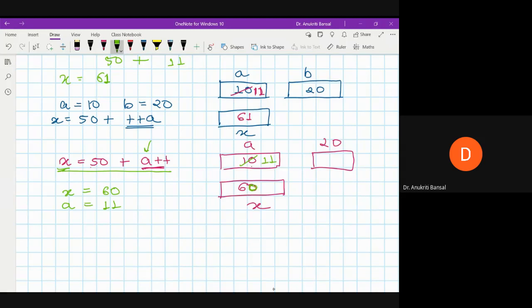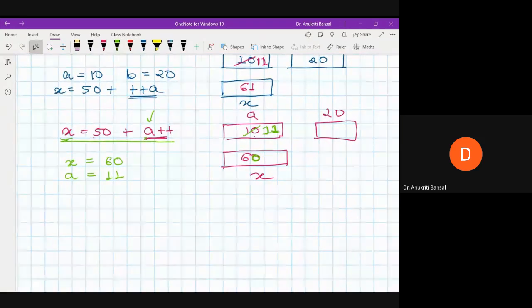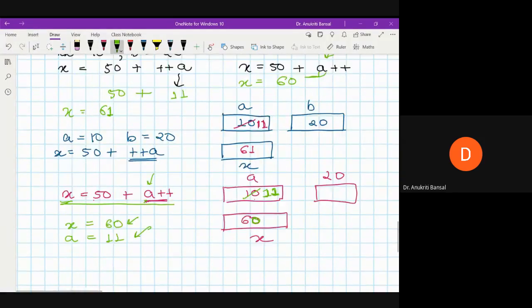Now once we have used this value in the expression, its value will be incremented. So I have increased the value of a by 1, that is 11. So at the end of this expression, if I print the value of x, it will be x equals to 60 and a equals to 11. Opposite